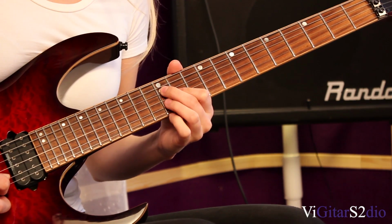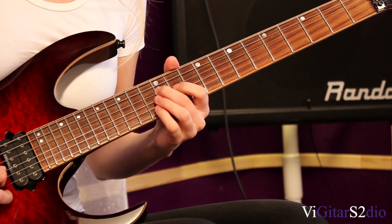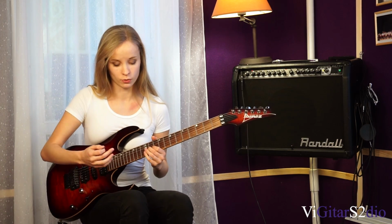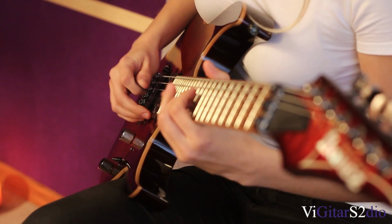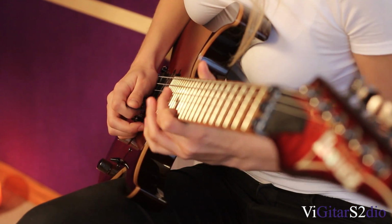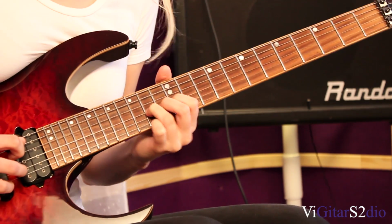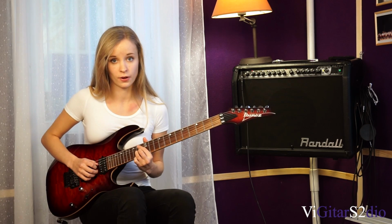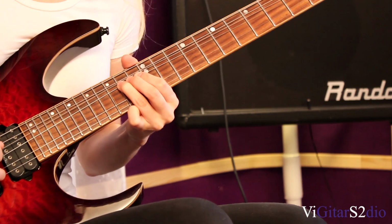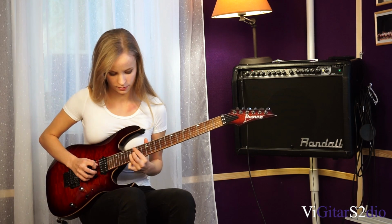Here we have a sweep. And then a slide to the 14th fret with the first finger. And then we do the sweep backwards again, feeling each string, not just skipping. Then afterwards we have a quick full bend at the 14th fret. It's like... And then a quick slide to the 16th fret and back, like...